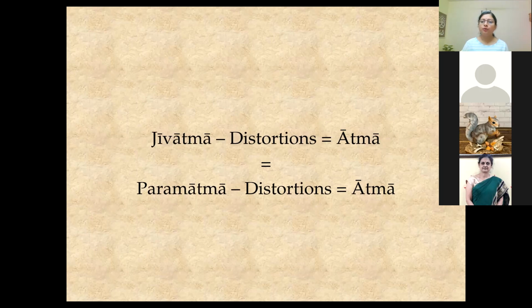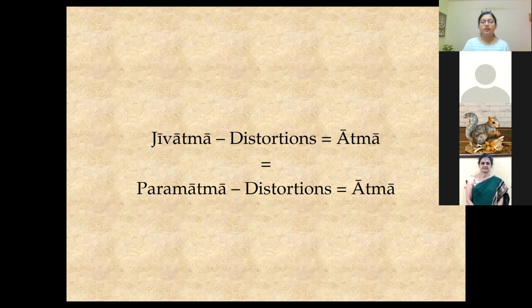From the point of view of nama rupa, name and shape, from that point of view, wave and ocean are different. If we get stuck looking at the nama rupa, we will only see the differences. So we have to look beyond the nama rupa, we have to look at the essence. And what is the essence? The essence is water alone. So what have we done? We have dropped the distortions and seen the essence.